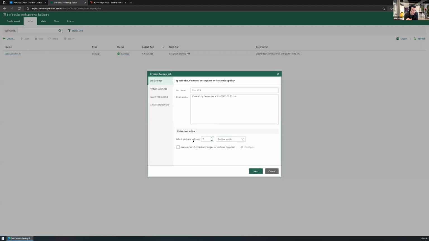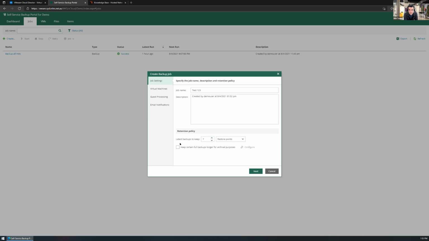We can go down to 15 minutes. You just have to submit a custom request for that because it does put extra load on the system. 15-minute increments of backups aren't necessarily recommended because depending on the change rate of data, the job may not be able to complete. So you may get failures and you generate a lot of noise. I typically recommend about an hour, but different clients are going to have different RTOs and RPOs, then you can modify that.